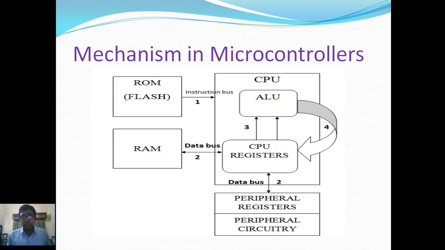According to the instruction set, the ALU functions and fetches the data from the register. As the data goes to the ALU, the specific mathematical operation which is required to be performed on that specific data is also instructed to the ALU. According to that, the specific operation is performed on the data, and after that the data will be stored again in the register, and it goes to the RAM, then it goes to the ROM sequentially.